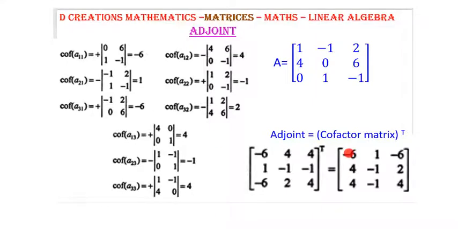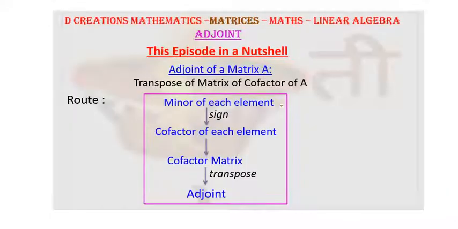And now the easiest task, simply taking a transpose. You know that in a transpose nothing happens to the diagonal elements, they will remain as they are. The only thing is these are the elements that are going to switch their places. So 4 comes here, 1 goes there, 4 comes here, minus 6 goes there. And minus 1 comes here, 2 goes there. Voila, we have our adjoint. So isn't it very logical, very straightforward and fun to do?